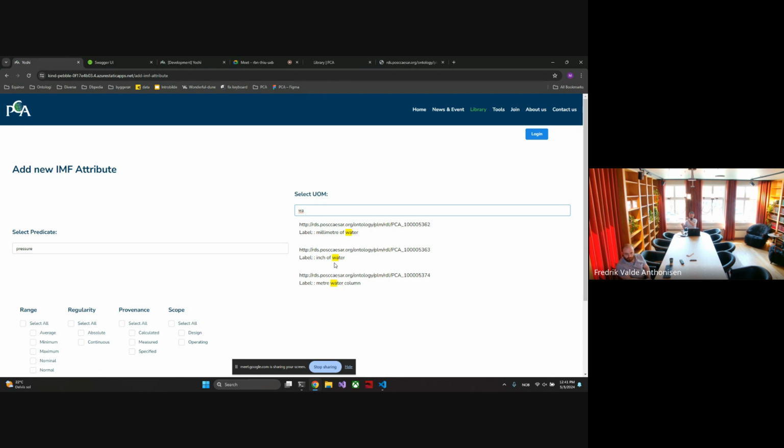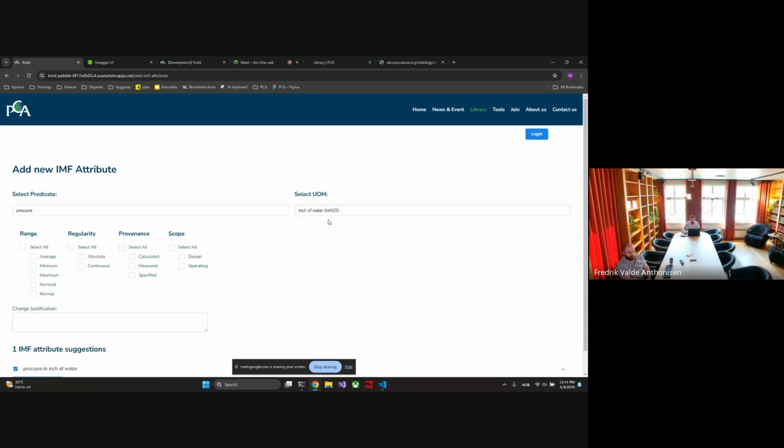This is a feedback we have gotten, that we shouldn't be able to use any unit of measure. I shouldn't be able to use centimeters, for instance, to define pressure. And I believe it would be a bit harder to use the ontology to limit the search, but that was pretty straightforward. And I think a lot of concepts were defined in this ontology, so it was a bit exciting to use this. Let's use inch of water